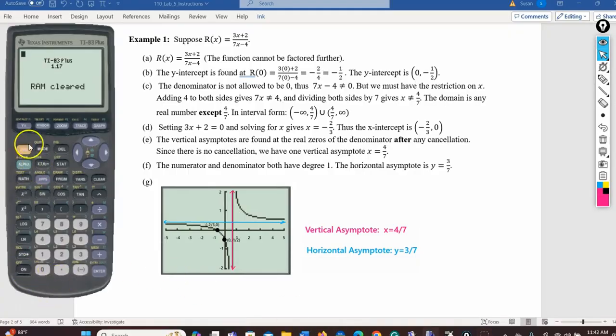So what you would do is you would come here, clear out anything, make sure your plots are off. If they're highlighted, then they're on. So if you scroll up to them and press enter, and then scroll back here, your plot should be off. So none of these should be highlighted. Now, with this rational expression, there is in